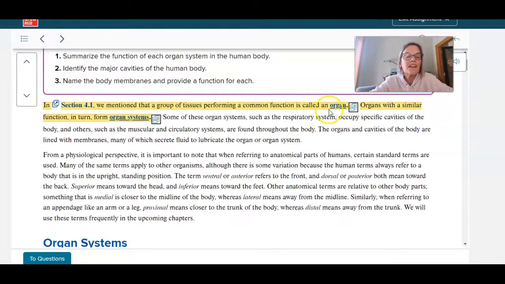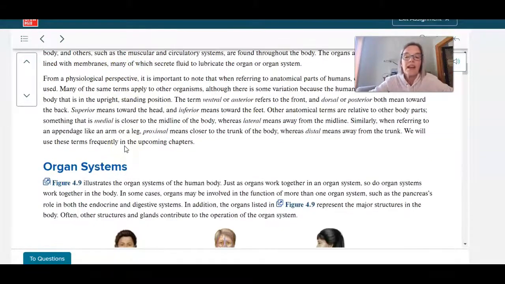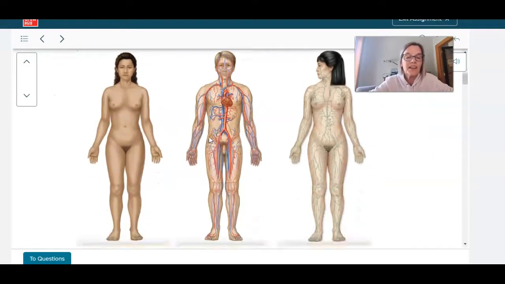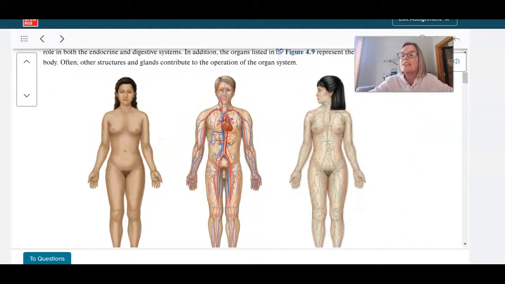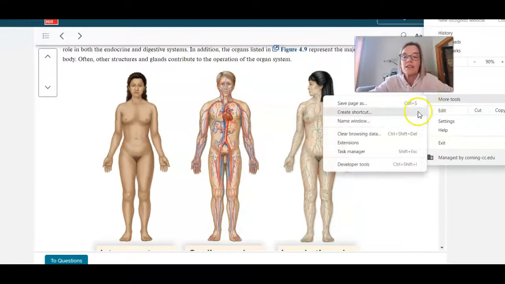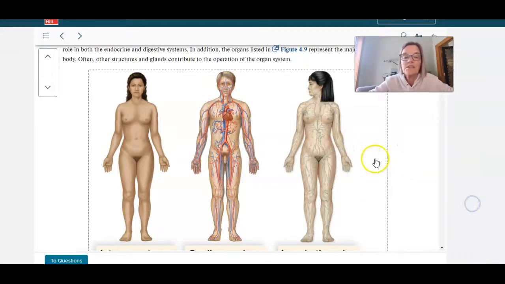So organs with similar functions, which in turn are working together, form what we call organ systems. And so what you need to do, and you probably can do it before you even took this class, at least get most of them, is name all the organ systems of the human body and their major functions. So this section here is talking about that you should be able to name the integumentary system. Let me make this a little bit smaller so I can get it on here. There we go. The integumentary system,